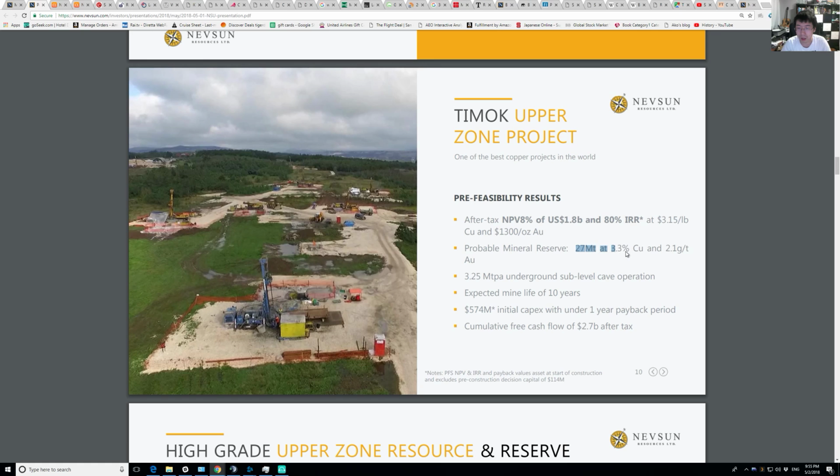And you look at this grade, it's insane, 3.3%. You think, oh, what does that mean? That means in a ton of ore, you get 33 kilos of copper and 2.1 grams of gold. Well, where do these lie? 2.1 grams of gold per ton is a high-grade gold deposit on its own. Not to mention you got 3.3%